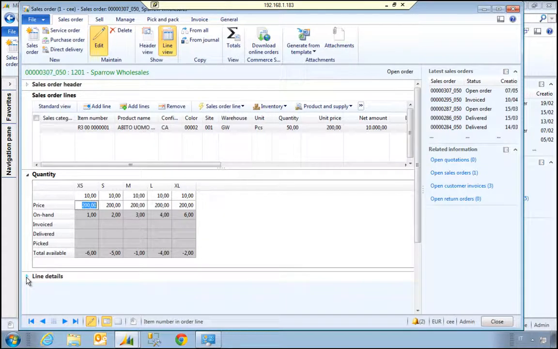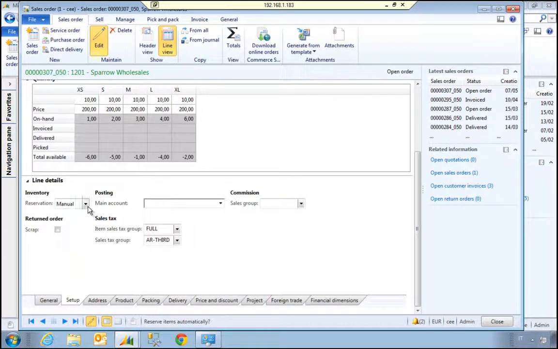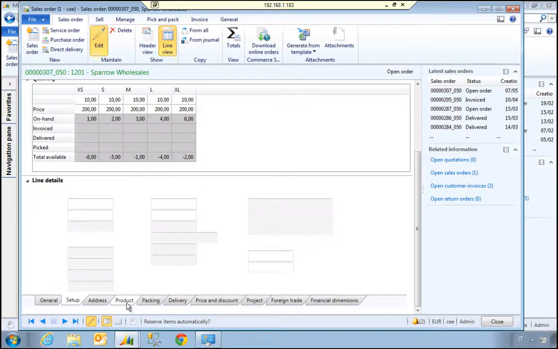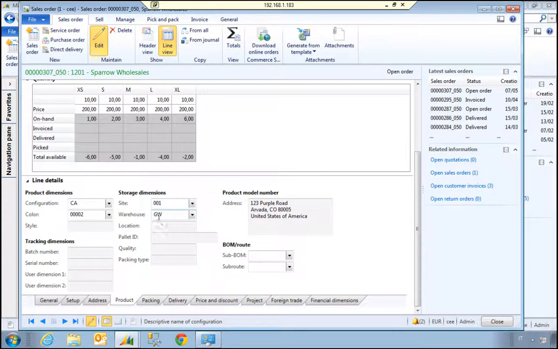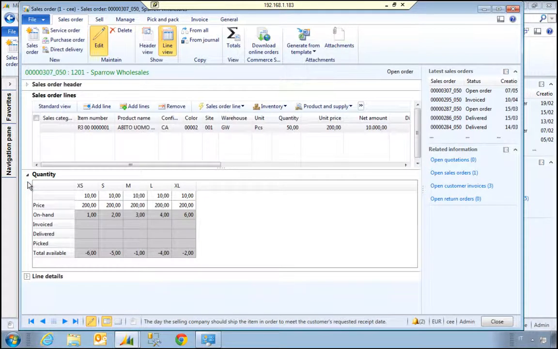In the line detail tab, you can change the line information coming from the header. In the general folder, for instance, you find the priority and the sales information. In the setup folder, you find the allocation options. In the product folder, the storage warehouse, among other information. In delivery, you also find date and delivery lead time, and so on. When you have entered the order line with the reservation function,